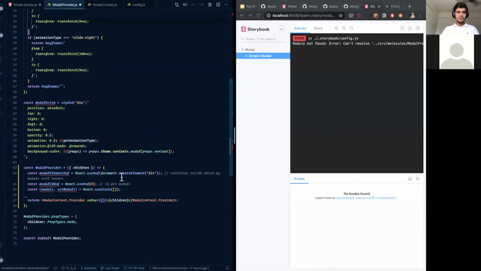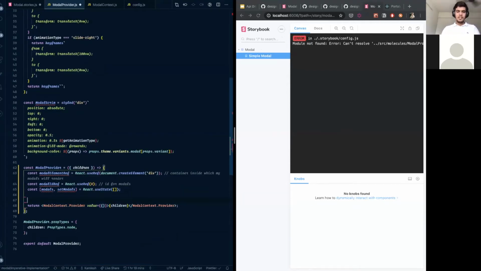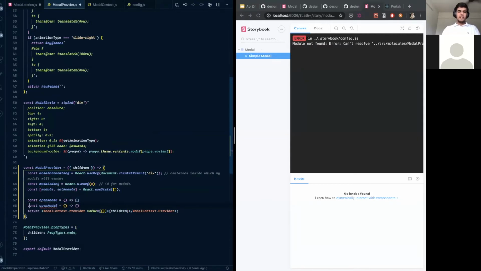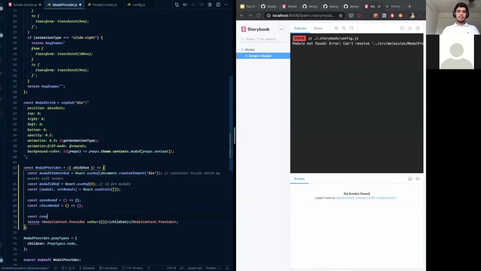As I said, I want to expose it as a function, which obviously means that I need something called open modal as a function, right? I want close modal as a function. In the context values, I say open modal, I say close modal.